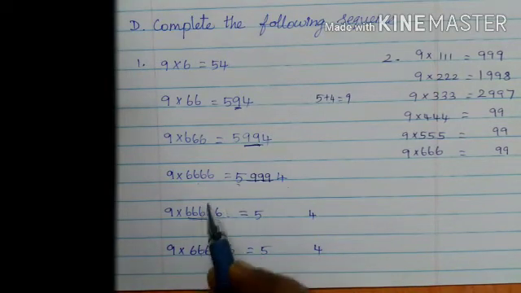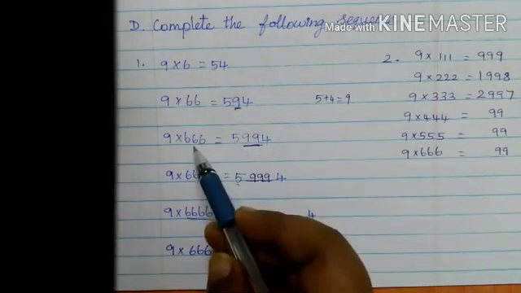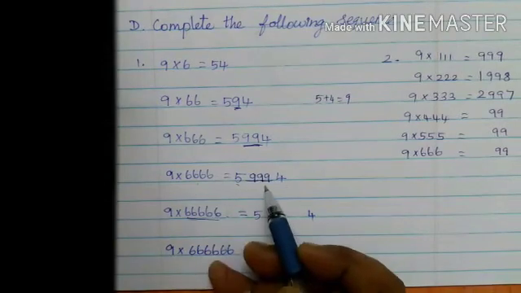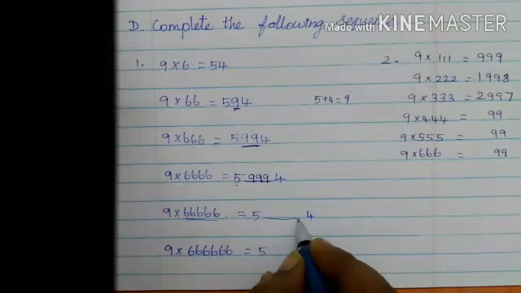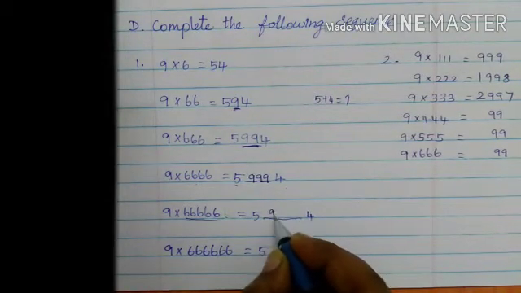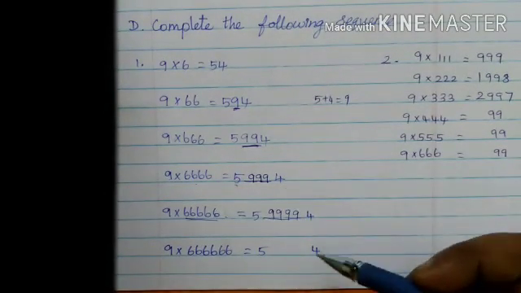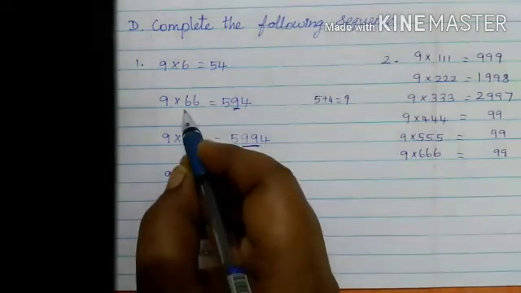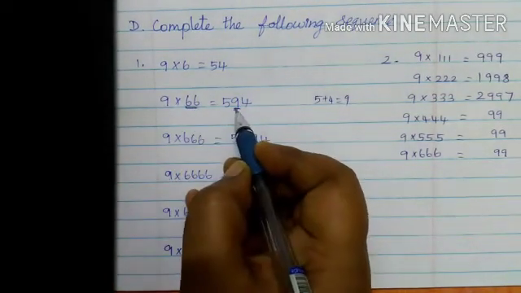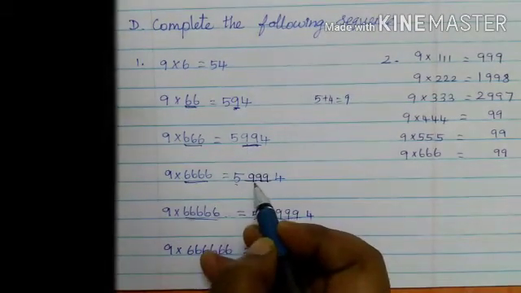66,666. So here you take 2 sixes, 1 nine; 3 sixes, 2 nines; 4 sixes, 3 nines; 5 sixes, 4 nines. How many times is 9 coming here? 4 times. So this is the pattern, no changes for the remaining numbers. First number and last number is given to you, then it is easy to find out how many 6s. 2 sixes, write only 1 nine. 3 sixes, 2 nines. 4 sixes, 3 nines.